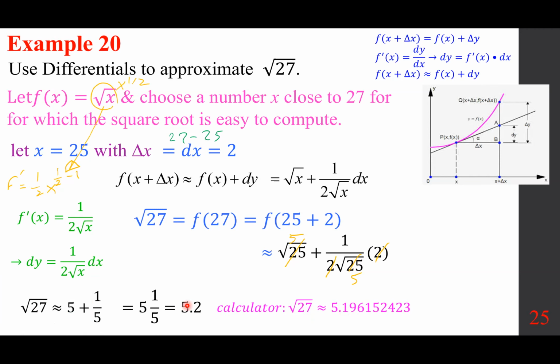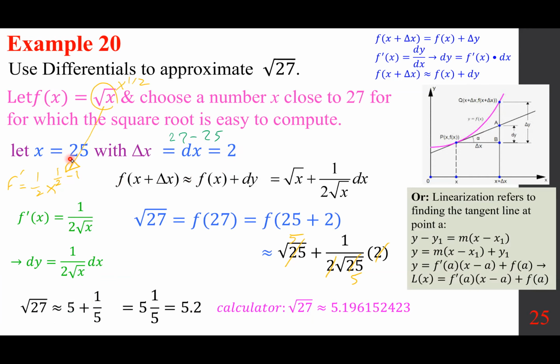This is how close they are, because number 2, dx or delta x, is fairly small compared to the choice of x, which is 25. And you're done. The second method, which gives you the same answer, would be using linearization, meaning finding the tangent line. And you don't have to memorize that, just a point slope, y minus y1 is m times